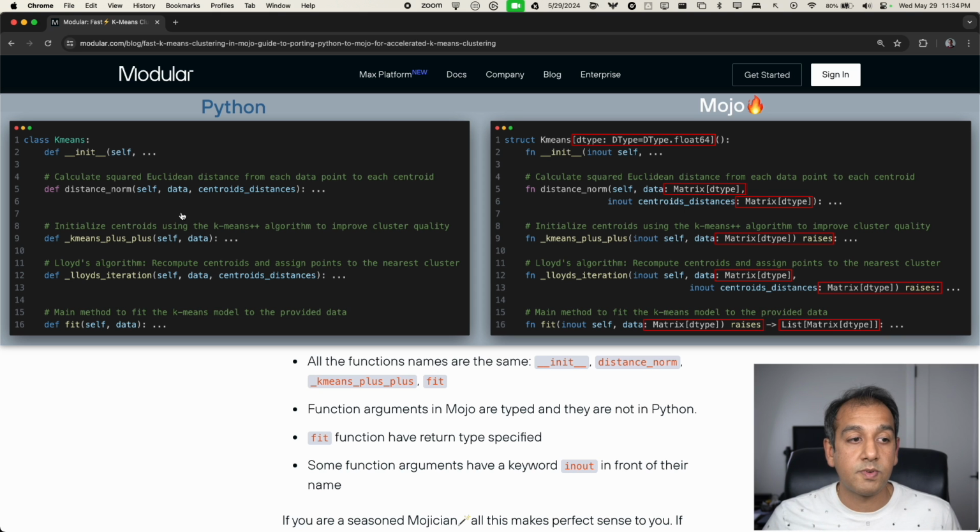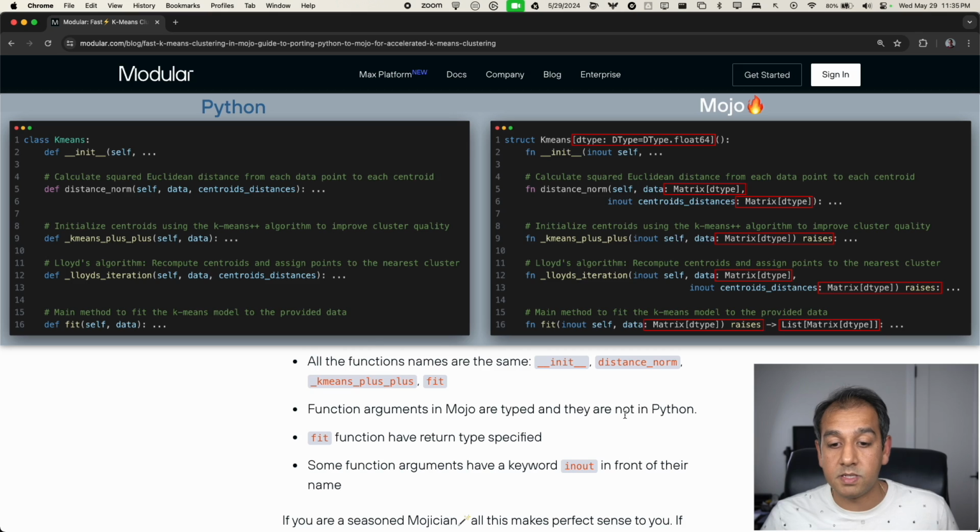And the key difference between the Python and the Mojo implementation is shown in these red boxes. So the first thing that jumps out is we've added types to all the variables, all the arguments. Now, if you're used to writing typed Python code, this looks familiar to you. So you can add types, and Mojo being a compiled language, the types are actually helpful for the compiler to optimize and give you better performance, which is why we see better performance with Mojo. In addition to that, we also add return types,